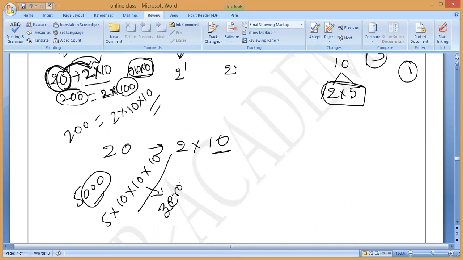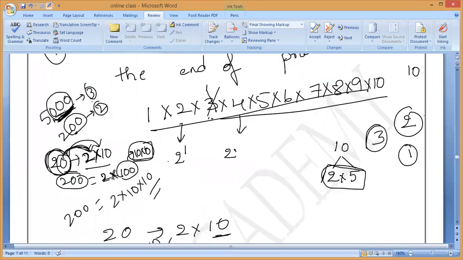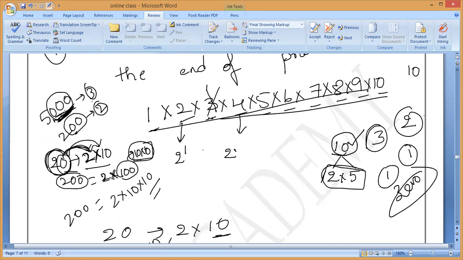Is it yes or no? Yes, sir. So 3 zeros are there. Same way in this given question: 1 into 2 into 3 into 4 into 5 into 6 into 7 into 8 into 9 into 10. Now, please kindly find how many 2 factors and 5 factors are there, because 2 and 5 together give you 10. Correct or not? That is the factors of 10 we want. So each 10 will give you one 0. Is it true or not? Yes, sir.